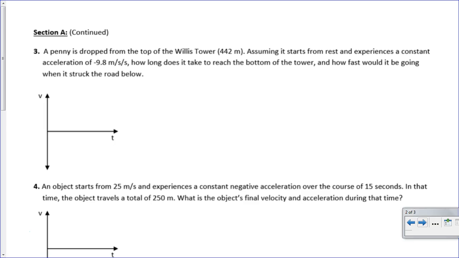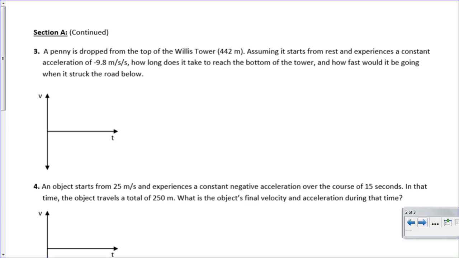Going on here to problem number 3. This is where they start getting a bit trickier. So in this one, we've got a penny. It's being dropped from the Willis Tower. It says, assuming that it starts from rest and it experiences a constant acceleration of -8 meters per second, how long does it take to reach the bottom of the tower, and how fast would it be going when it